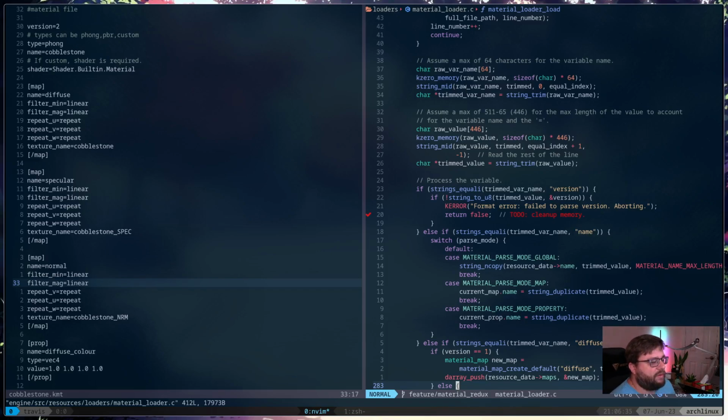I do want to note, though, that everything that I do off camera will, of course, not only have its own set of commits, but it will also be reviewed on stream. So it's not like we're going to just say, well, here's a whole bunch of code and now it works. We're still going to review those things and go over exactly what was done and why. And we are still going to be developing quite a lot on stream. It's just we can't develop everything on stream and still actually manage to get a game out this year.